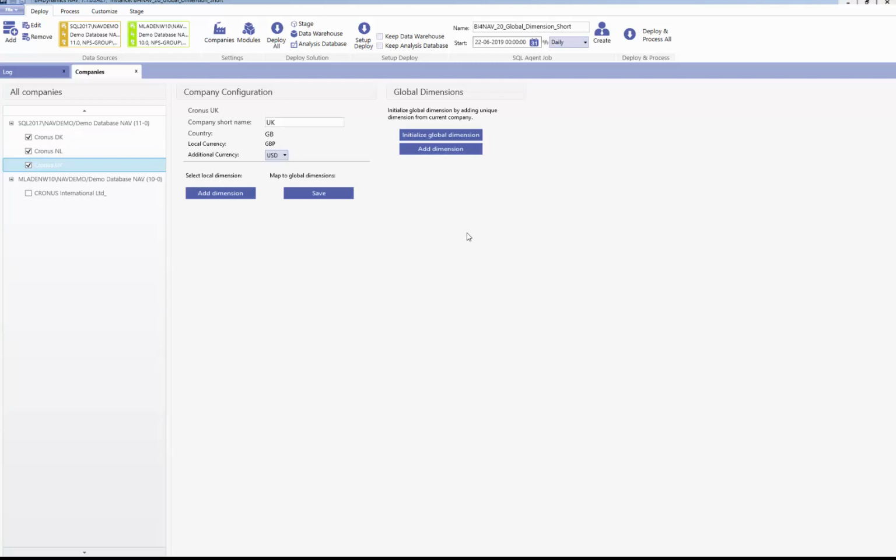So in order, what we have to do first is to create a list of the global dimension. And we could do 1, 2, 3 and rename this and write a department and so on, but this is not what we are going to do. We are going to use first a UK company to initialize global dimension list by 1 click. So all the local dimensions from a UK company have been declared or set as global dimension in our BI